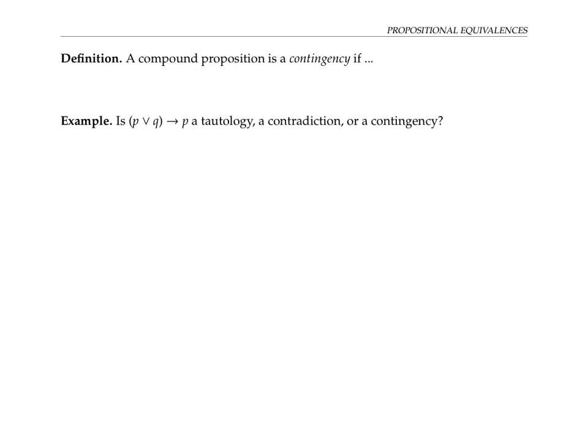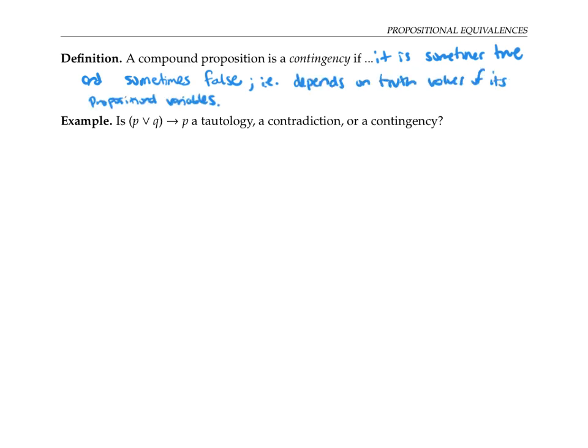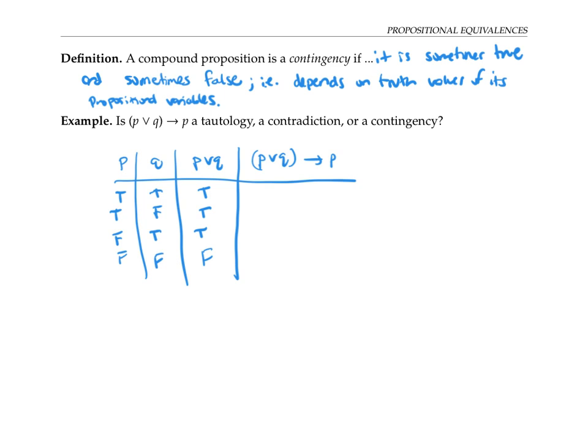A compound proposition is called a contingency if it is sometimes true and sometimes false. That is, it depends on the truth values of the propositional variables. I encourage you to stop the video and use a truth table to decide if this compound proposition is a tautology, a contradiction, or a contingency. I filled out the first three columns of my truth table. Now to fill out the last column,